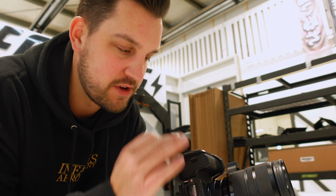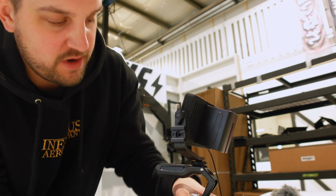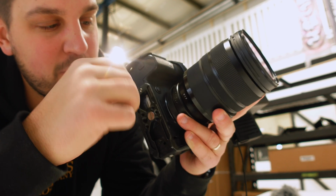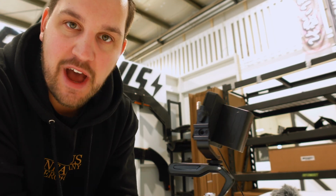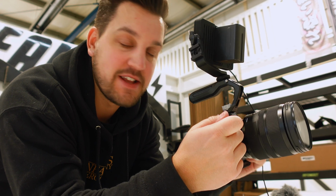If you've ever owned any of these kind of small rig products or cages before, you might notice that sometimes when you put it on, it still spins around a bit. So that's where they've given us these really small holes underneath here that align perfectly with the Canon R5 and the R6. And that just stops the Canon R5 from spinning in the rig,